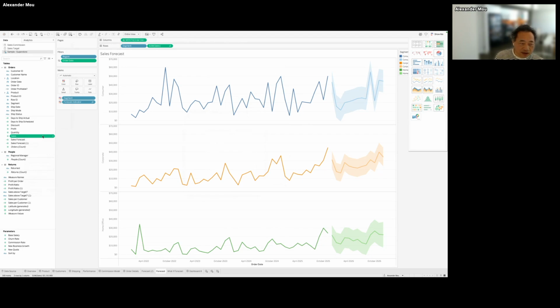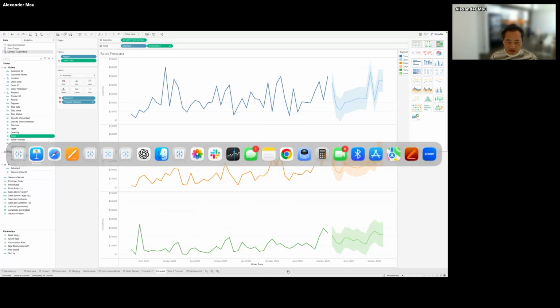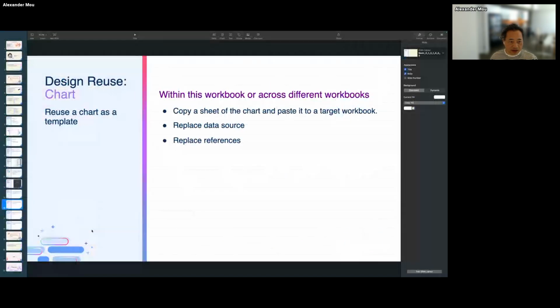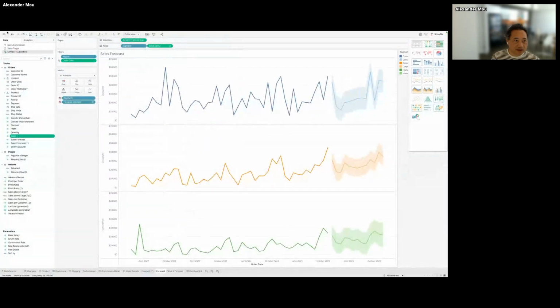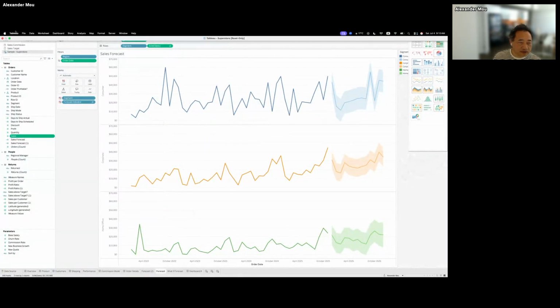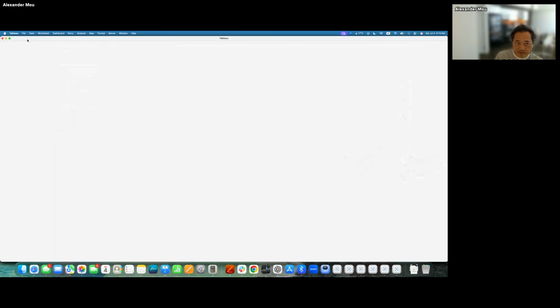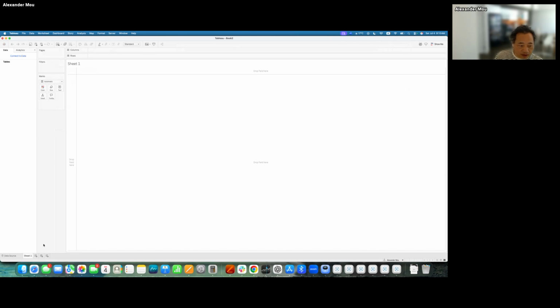So here is what I do. I copy this sheet, start a new workbook, and paste it.